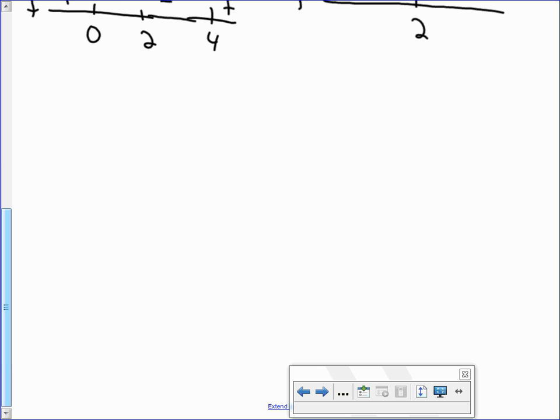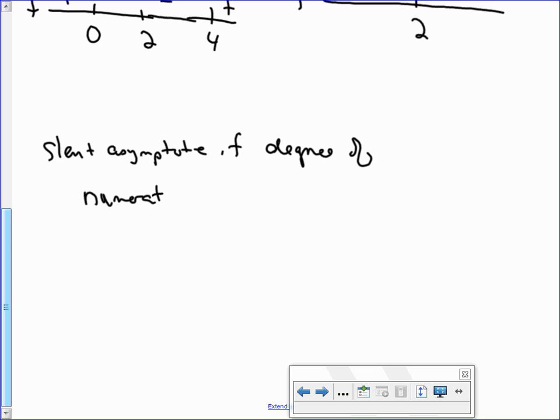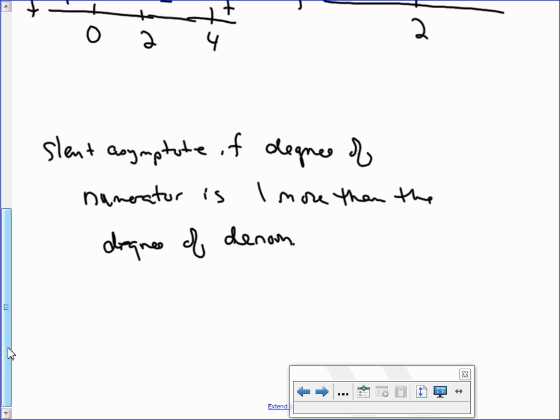And now we need to remember how to do a slant asymptote. Okay, if you're going to get a slant asymptote, if the degree of the numerator is 1 more than the degree of the denominator,